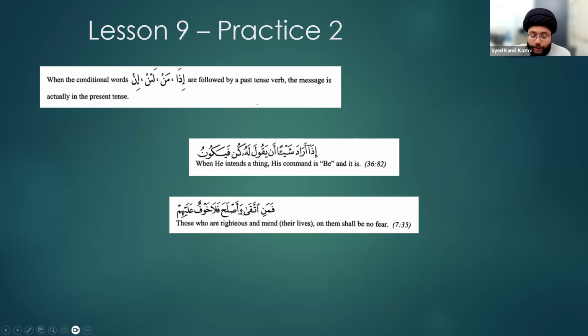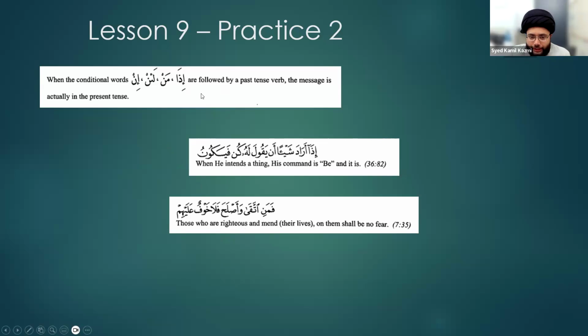No, so in this, remember these words all make it majzoom. They all create a majzoom effect. They're all amil jazm. But over here, فَمَنِ اتَّقَى, when it comes, taqa is mabni, it stays the way it is, doesn't change in its appearance sense. The فَمَنِ اتَّقَى, the meaning of it gets taken to the present tense. Those who are righteous, not those who were righteous. Okay? In terms of meaning, this is what's happening.